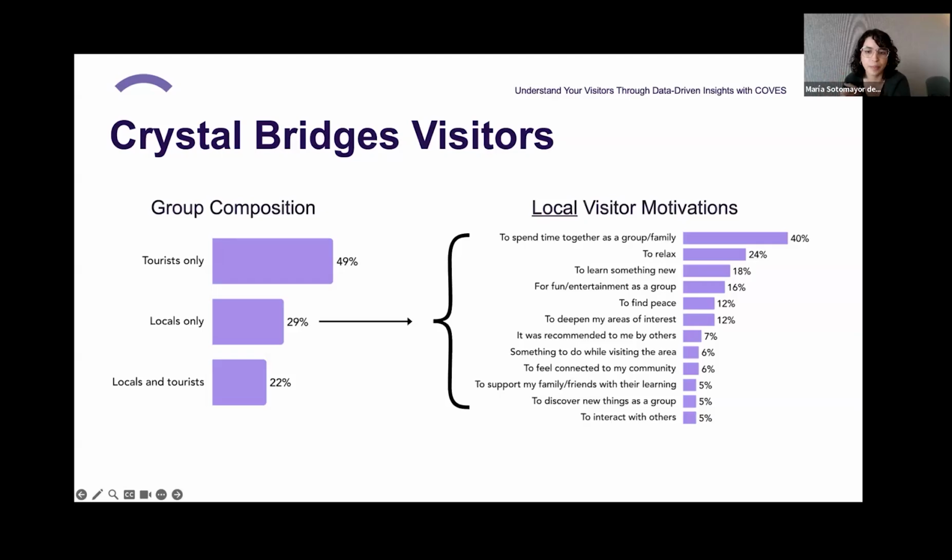So what those percentages are telling me is that locals mainly came for social enjoyment, they came for relaxation, they came for recuperation. With that being said, I also do want to show you another cool feature that dashboards have, and this is not just synonymous to COES. When we're talking about dashboard filtering, another thing that's really useful is filtering by dates, which is going to bring me to my next slide.